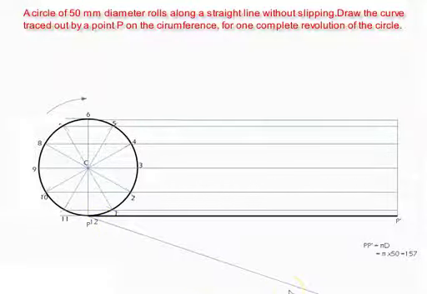Now after this, we have to divide the distance P dash into 12 equal parts. For that we use this method. Draw one inclined line at any angle less than 90 degrees, then cut that line by means of an arc again into 12 equal parts using your compass, just like this. There you get the points 1 dash, 2 dash, 3 dash and so on till the point 12 dash.